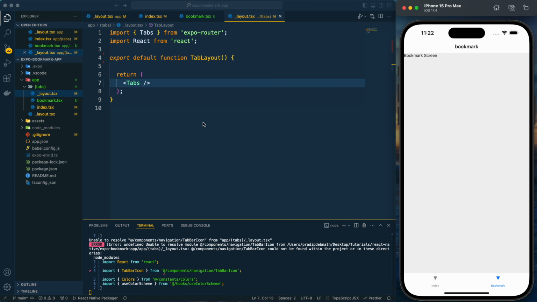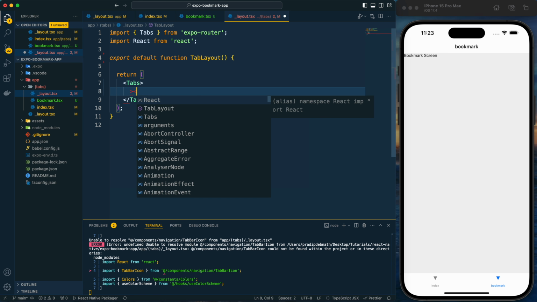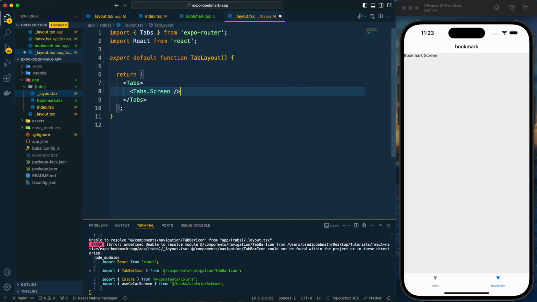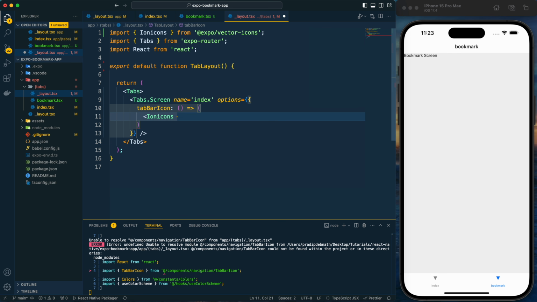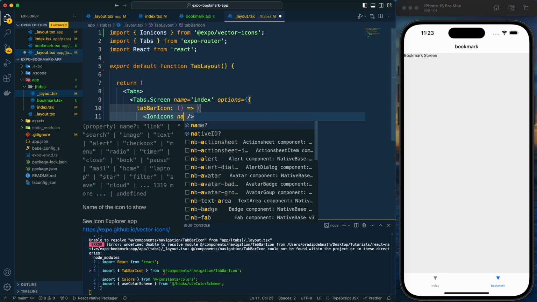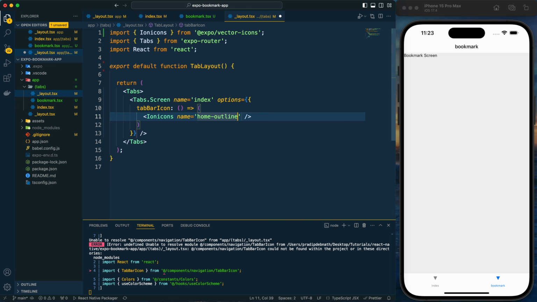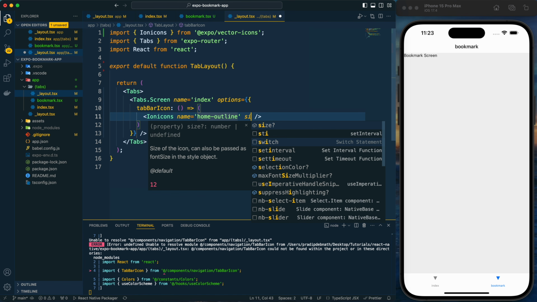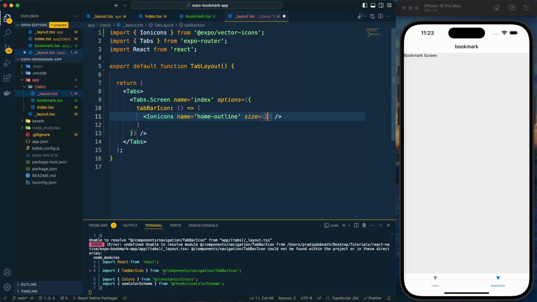Now I need to provide icons for these, and for that let's provide tab screens, and here for the name of it I will provide index, and for the tab bar icon I will provide icons icon, and the icon name would be home outline, and for the size of it I will provide 24, and for the color of it I will get the color prop here, so I can pass that here.